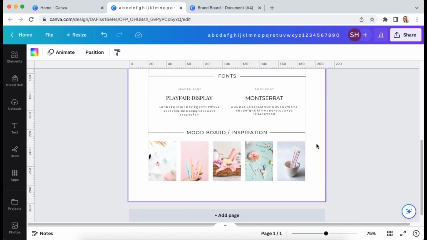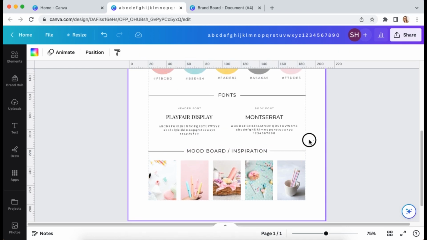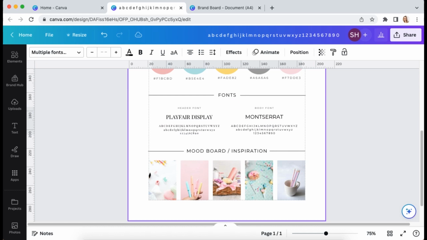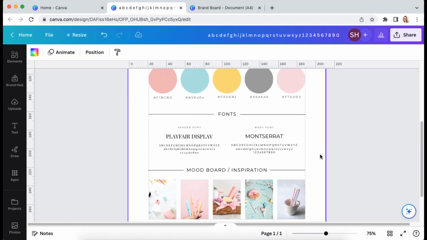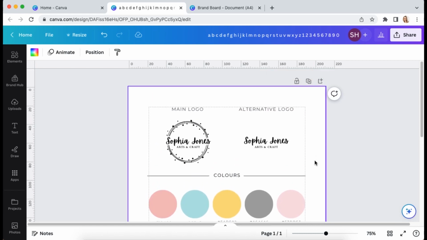So that's the completed brand board. What I'm going to do, I'll go through, because I know some of you here wanted to, or maybe are watching this because you want to sell these as templates, sort of brand templates. You might have a group of different brands that you might want to sell as a template in your shop. So to do that, I would definitely rename it. So you would rename it something like brand board pastels, or whatever brand it's